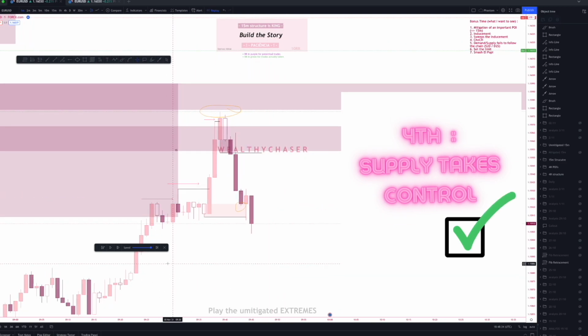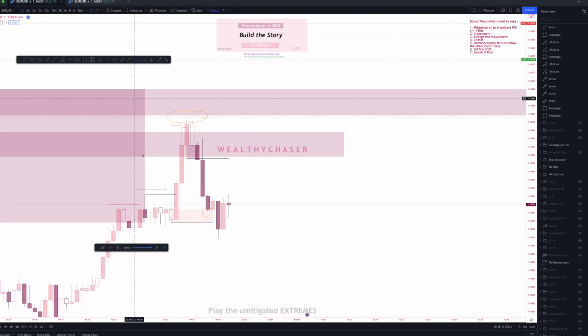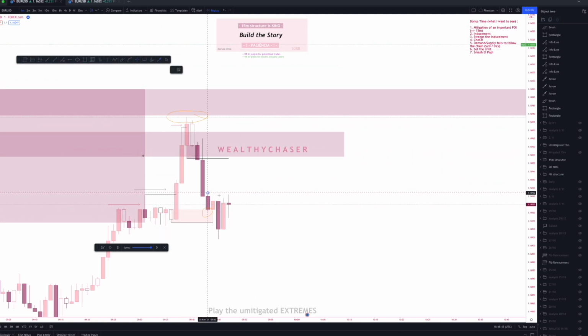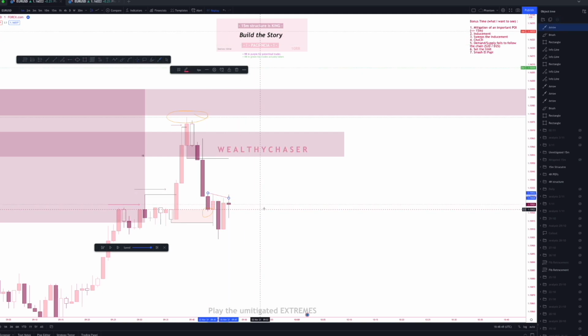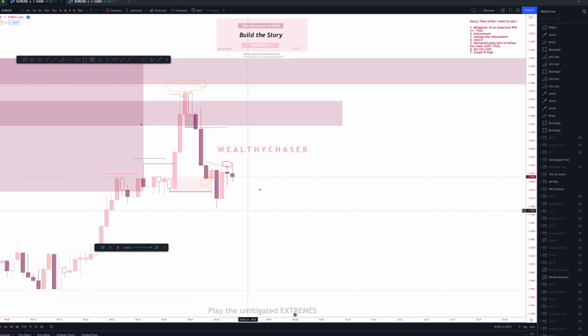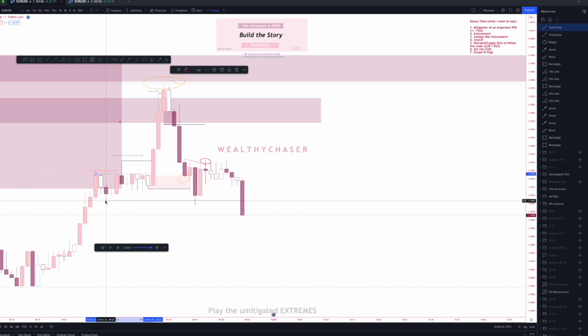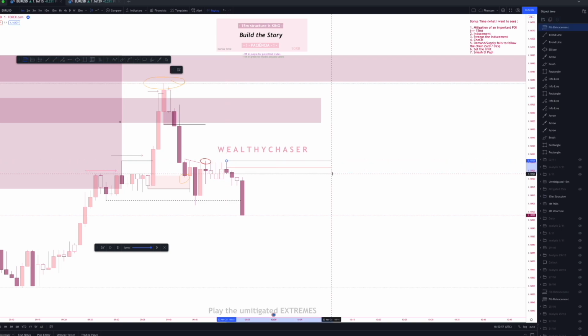So let's see what happens next. All this can be considered equal lows, or it can also be considered a trend line of liquidity that was swept here. After this, there is a break of structure that broke this low, because if we're looking at swing structure, this was the lower low before the break of structure here, right? The confluences are aligning for me to play a short. And that's what I did.